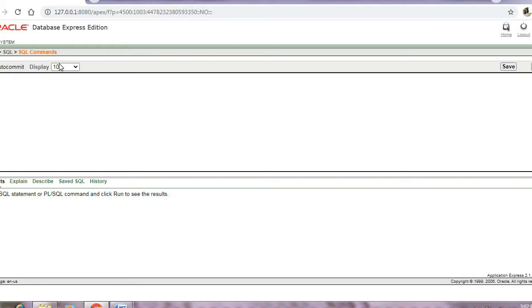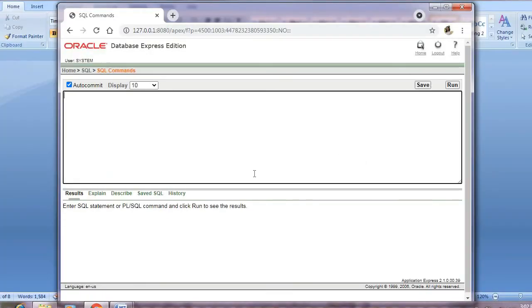So here you can see one thing. When I give this, you can see the icon auto commit. Auto commit is right mark. That means that whatever the query you are writing here will be automatically saved.